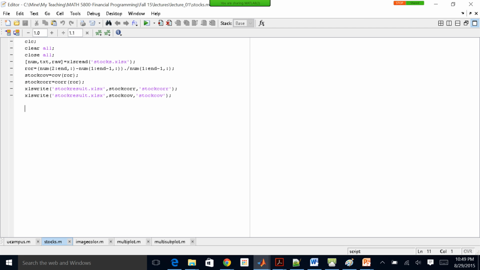So now you can see all the examples open in my editor. So I will run through each. So let's look at the stock example. So first I run